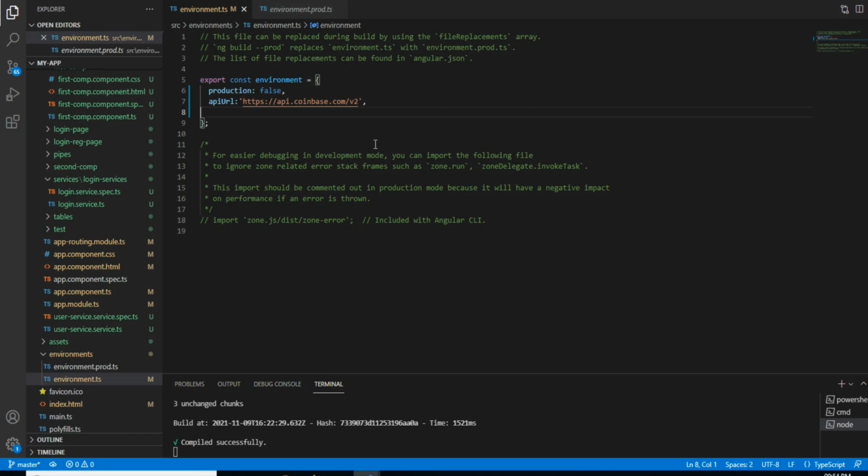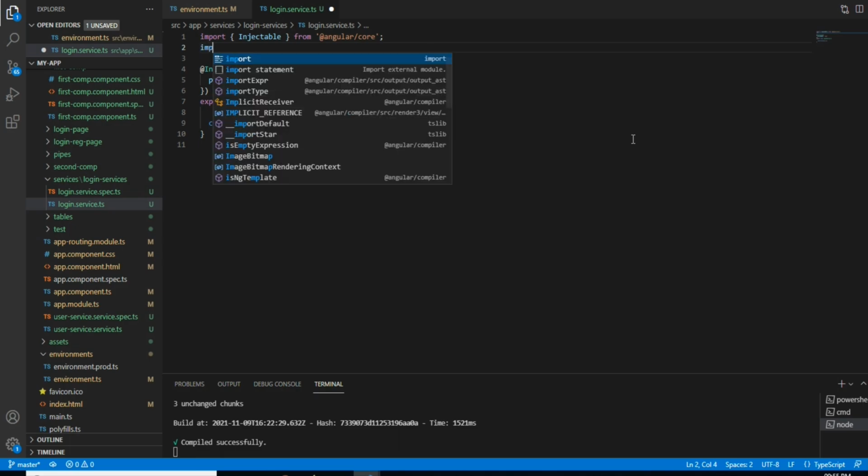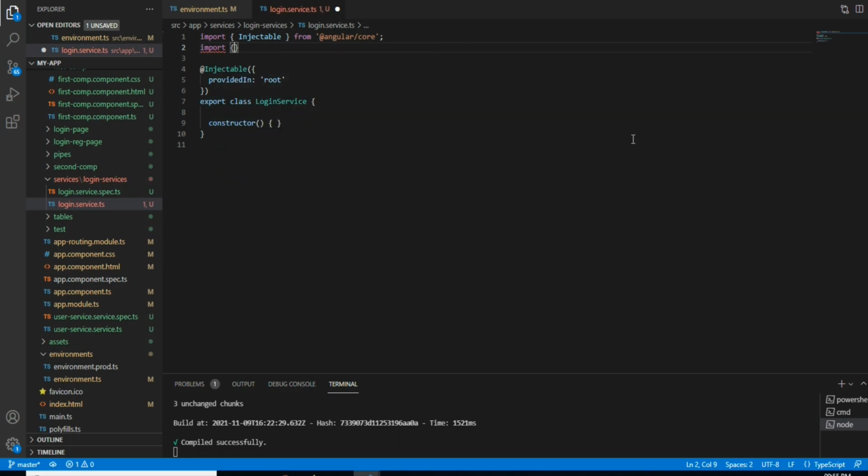Now we will go to the login service. I have created a login service here, named login service. Now I will import some essential things, like I need the environment file. Import environment from environment.ts.